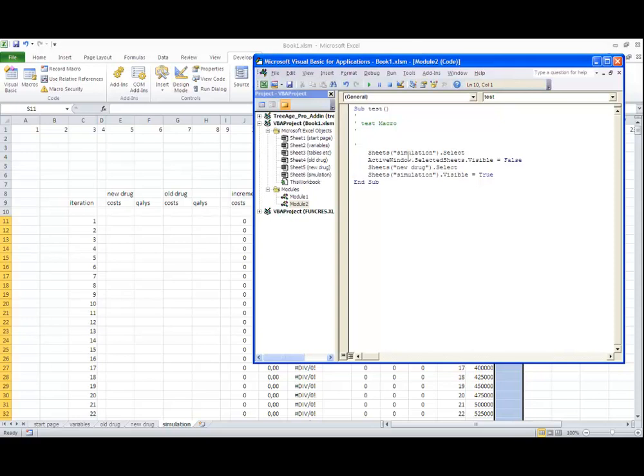We can see it in two ways. Sheet simulation select, active window, select sheets, visible, false. That was to hide the sheet. And this was to make it visible again. Sheet simulation visible true. I will use this code for both unhiding and hiding. I copy this code, Ctrl+C,